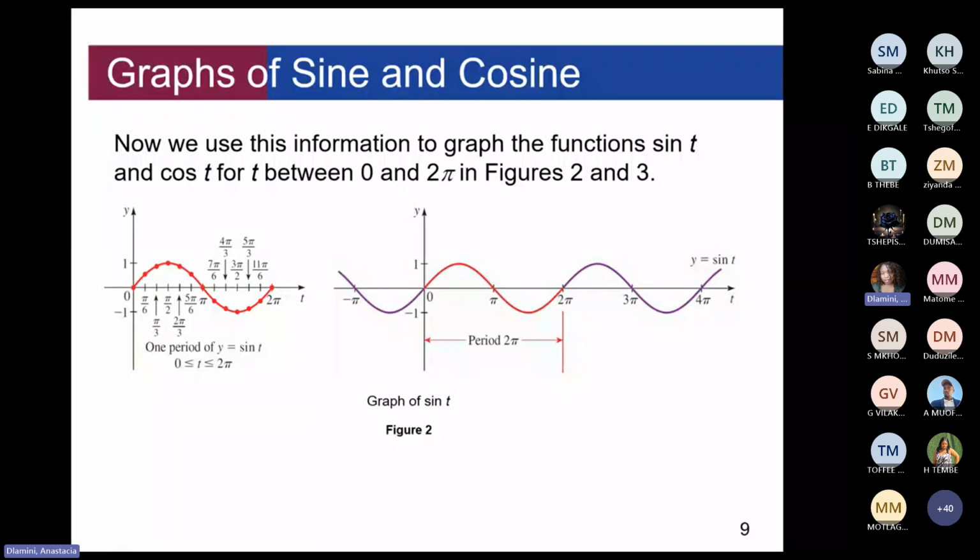This is the shape we got for sine, isn't it? Yes, ma'am. So they say now we use this information to graph the sine and cosine function. So here from 0 to 2 pi, if you want to extend this graph, meaning that in your assignment,